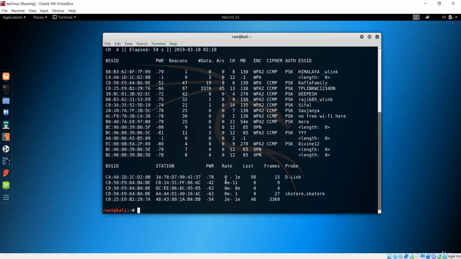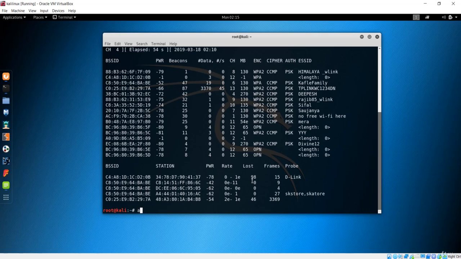Now let's use our airodump-ng in order to crack that WPA network. First of all, as always, we'll get the network information, and you will see all the information, having the channel and which is active or something like that, and you could see the name right here. So make sure which network you want to attack.